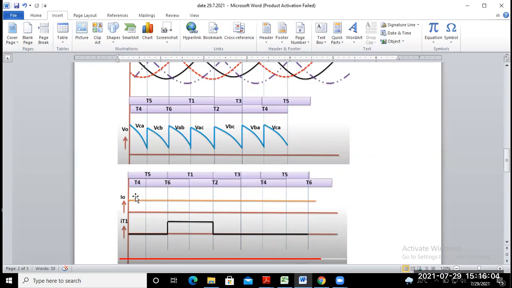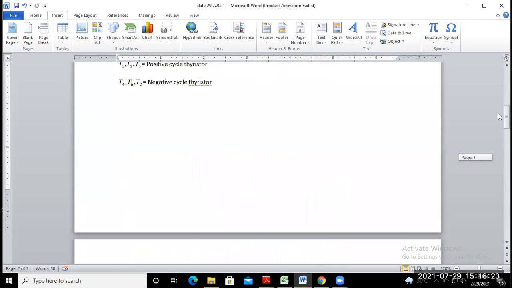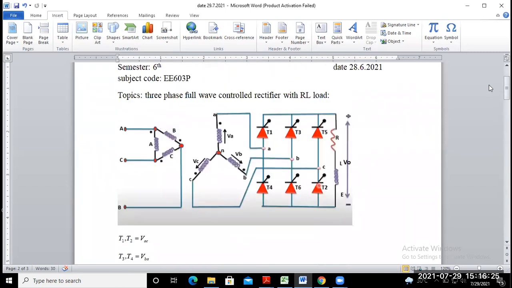The output current is represented by I0, and it is constant because of the presence of inductance in the load circuit. As we know, the inductance stores energy, and when the thyristors do not conduct, it dissipates the energy stored in the inductor.